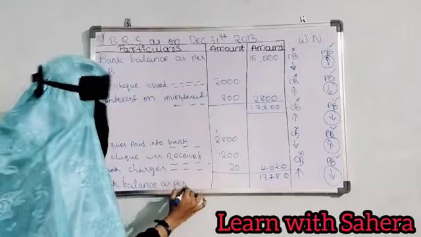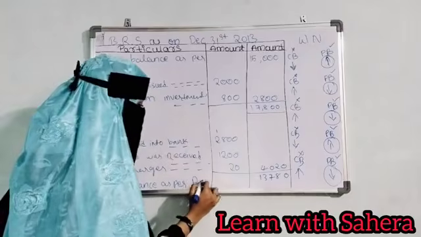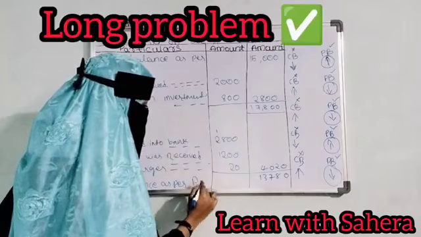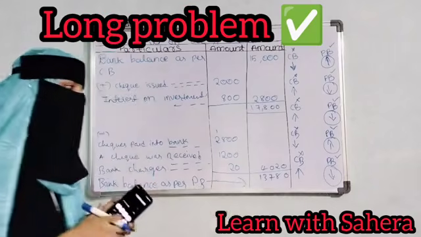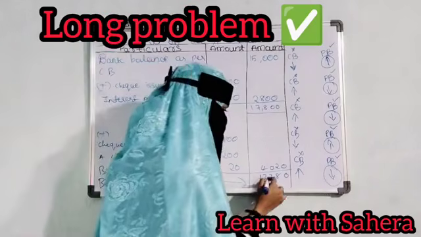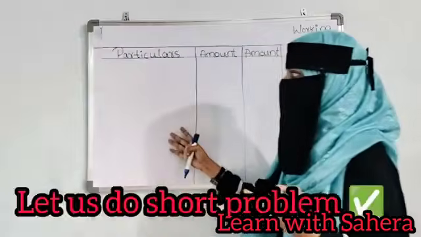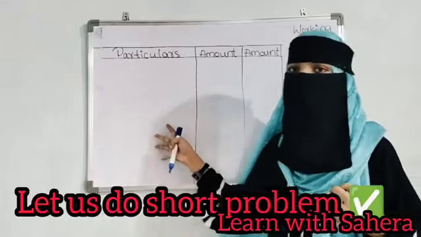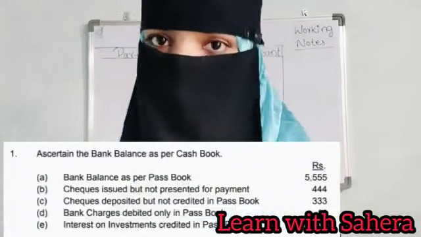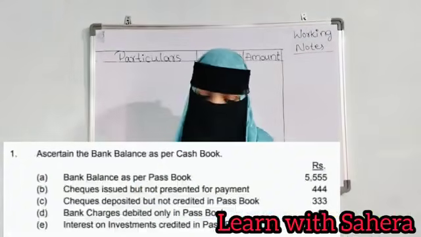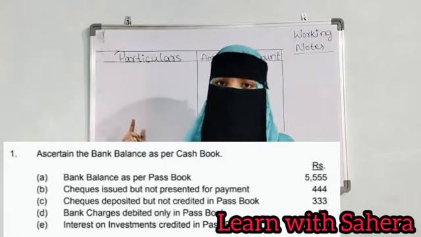So this is the bank balance as per passbook, here it is cash book and here it is passbook. This is the bank balance as per passbook, 13,780. Already I have drawn the pro forma of BRS. I will be sharing a question on your mobile screen. If possible, take a screenshot. We will be doing that question in our video.